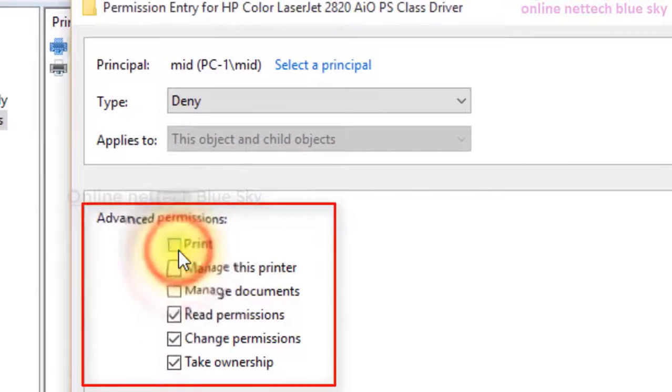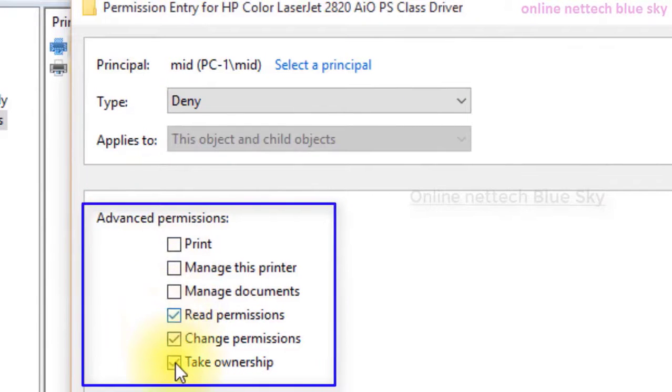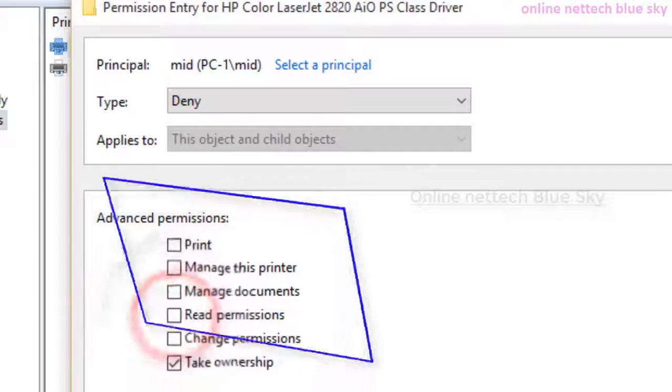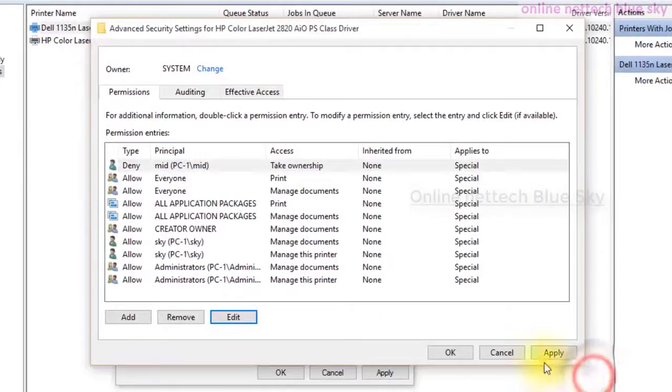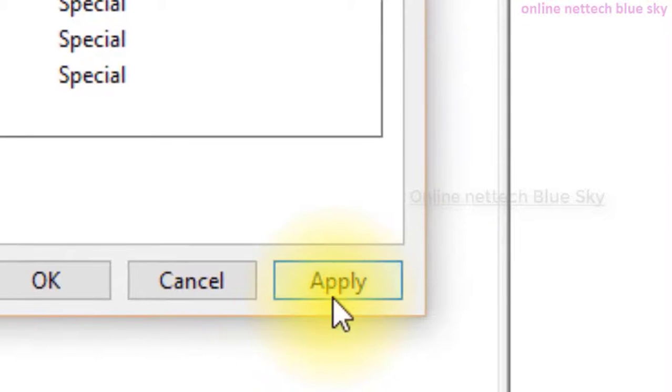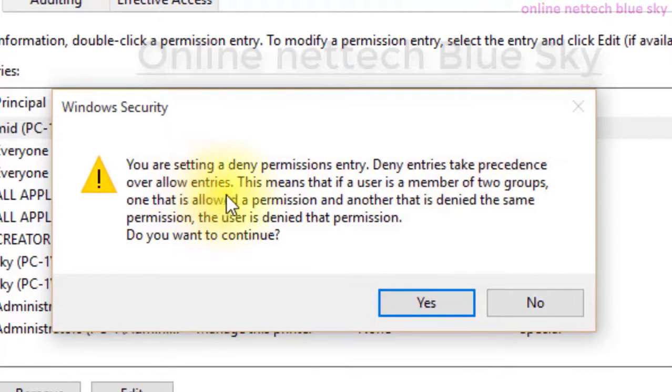So I don't like these because if you give deny permission, that means this user is not given permission, not printing any documents here. So this is a very important document system here. So you click on apply, and you must click on this button. You can deny permission entry, deny, take preferences, and over allow entries and group, and two groups here.